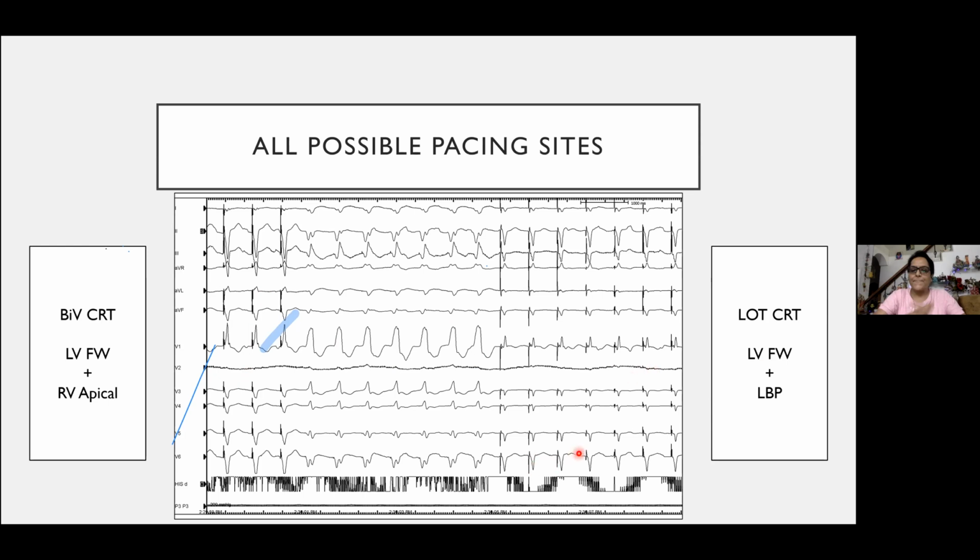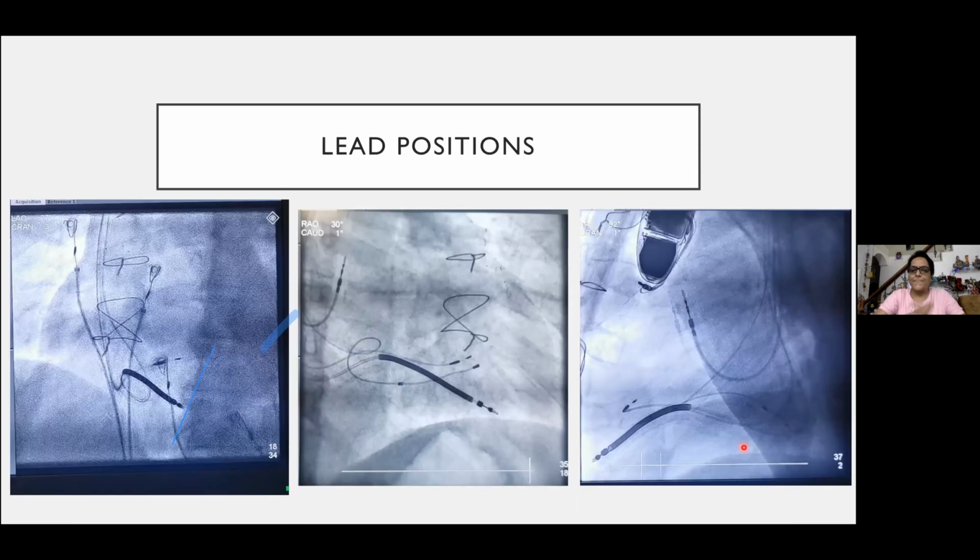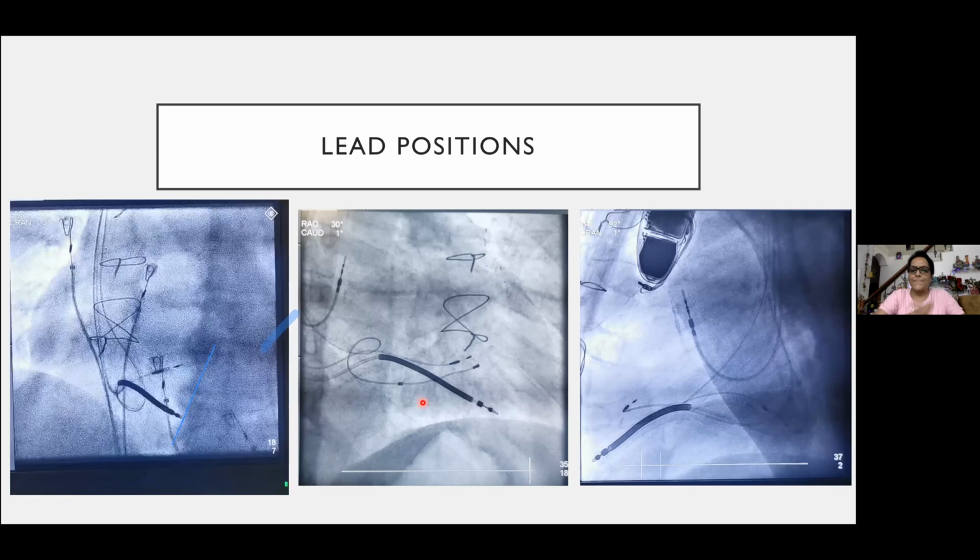Now, as you can see, even to the best of my intention, I'm unable to restore the V5, V6. The reason is that to restore the V5, V6 or the LV forces, I must have an LV lead which is slightly higher than the lateral, instead of a posterior LV. I must have a lateral or anterolateral LV. But unfortunately in this patient, the LV lead was quite down. You can see over here, if I can pace. It is quite down.